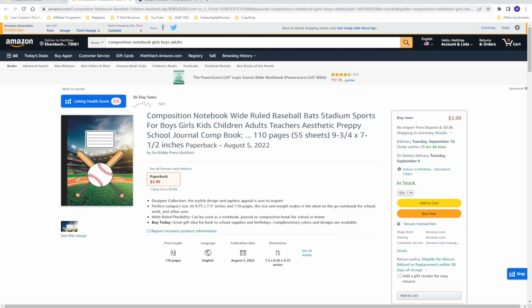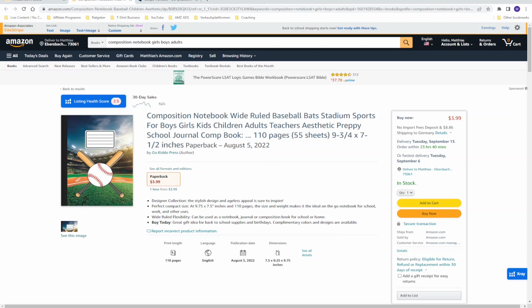But what the people don't tell you is that it affects your book negatively if you put too many keywords in it. For example, as you can see on the screen, no offense to this guy, he put all the keywords and all the target persons into the title, because he wants all the keywords to rank really high for this book. And he puts, for example, in the title that this composition notebook is for boys, girls, kids, children,